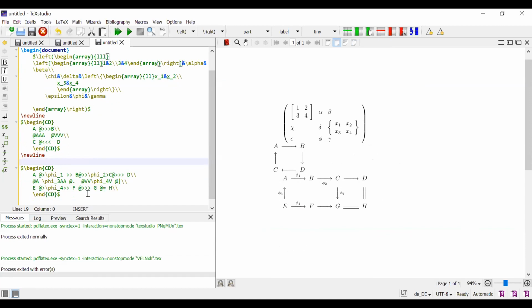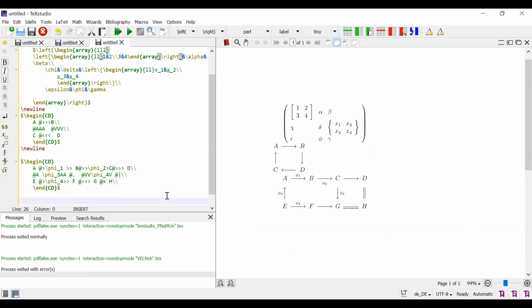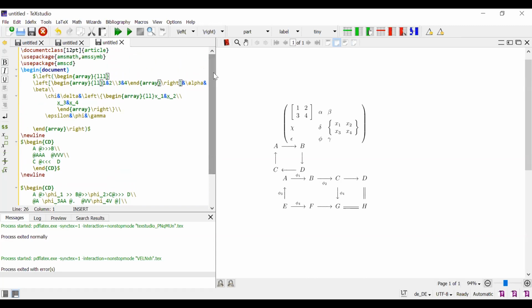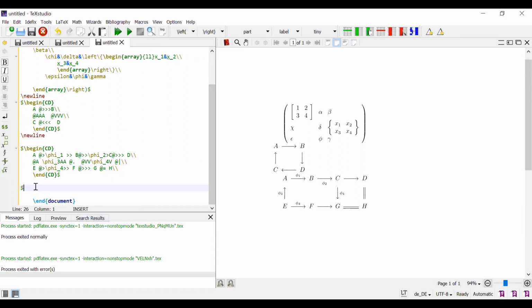Again, I left one important symbol. Today I want to show this. It is nCr, that is a combination. Okay, when we use this one, the amsmath package is already there. Therefore, I want to perform it directly.